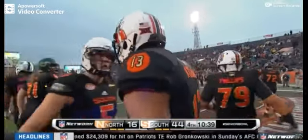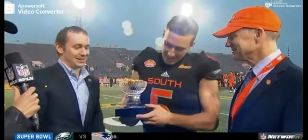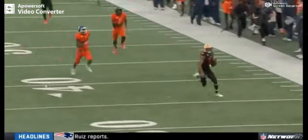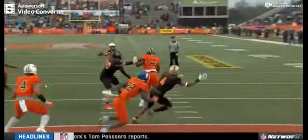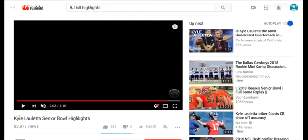So this is actually a really, really sneaky pick by the Giants, because a lot of people were surprised that he didn't necessarily. Oh, there he goes. He did win the most outstanding player of the game. A lot of people were surprised, though, they didn't go with Sam Darnold at 2 and with Saquon. I think a lot of us can understand why they went with Saquon. But here, I mean, again, not saying that Kyle Lauletta is Sam Darnold by any means, but he's a really good player, and, you know, he can absolutely